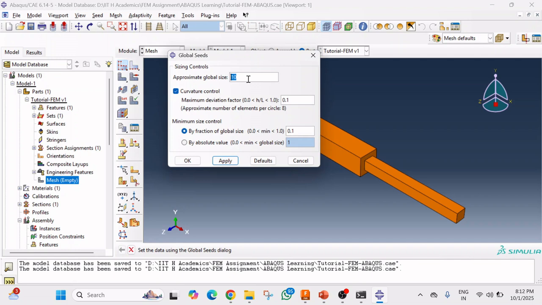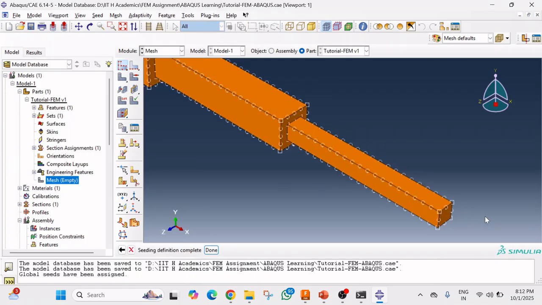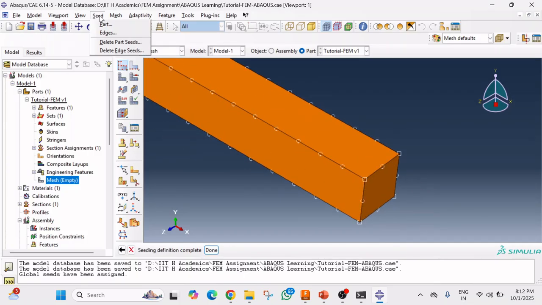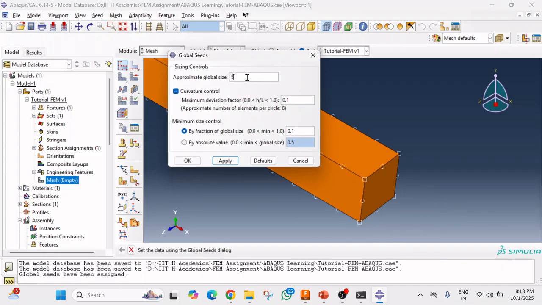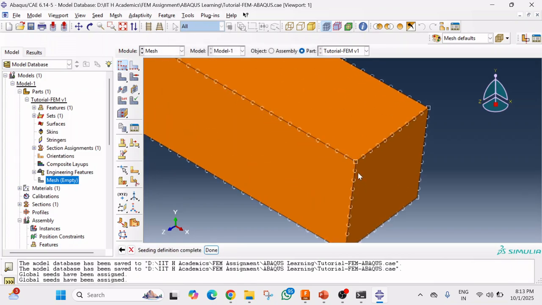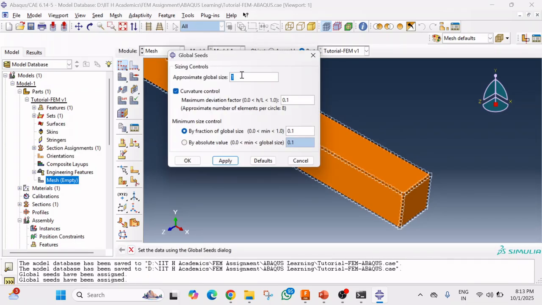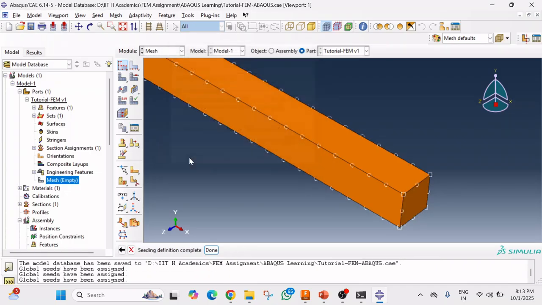So I will give a seed value of 5 and click on OK, and now you can see the geometry has been discretized. If you want a finer mesh, you can reduce the seed value. Let's say I will give a value of 1, and now you can see the mesh is more finer, but it is going to increase the simulation time. So I am going to increase this back to 5 and click on OK,